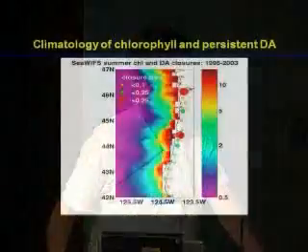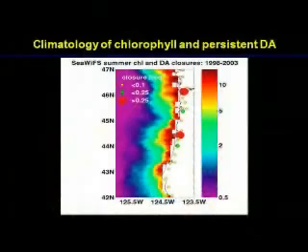So right now I would say we're at the point where we can use the satellite data to identify a bloom, but we're still relying on in situ sampling, usually from vessels, to go out and take water samples and measure the presence and concentration of toxins in those waters. So this is a map of Oregon showing the point that I was making about the regions that are identified as hotspots that repeatedly experience toxin accumulation.